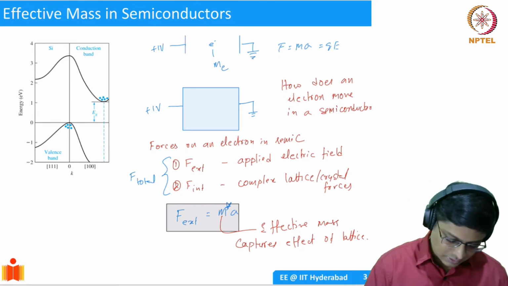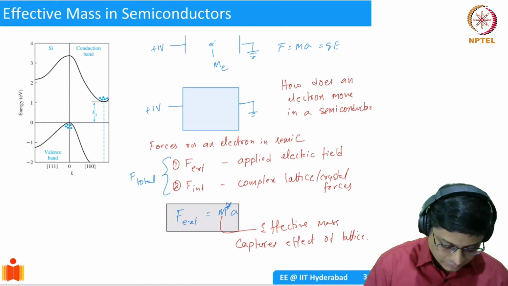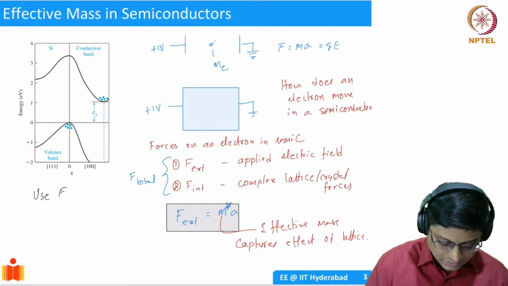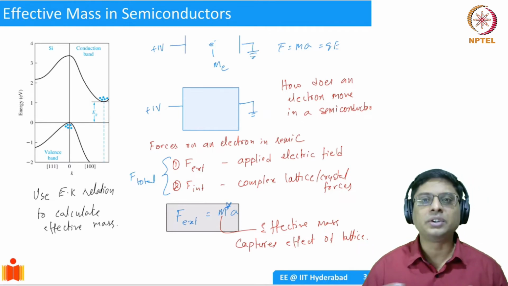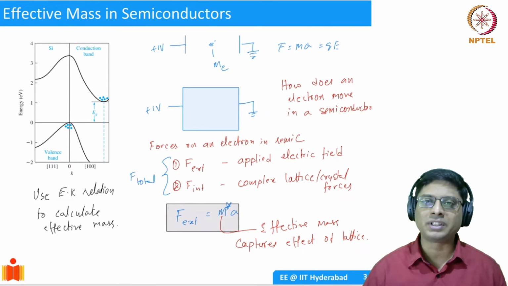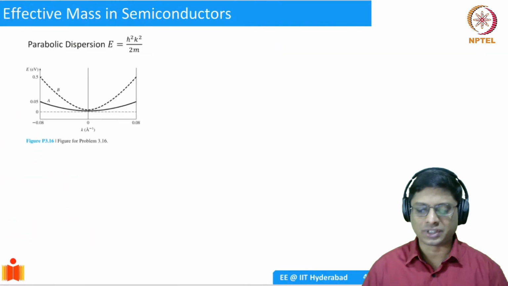So basically the goal now is how to calculate the effective mass using the EK relation. This we can do because, at least qualitatively, we can think about it. The EK relation is the result of how the energies are changing with momentum in a crystal. So we will use the EK relation. How do we do that? It's fairly simple actually. Okay.